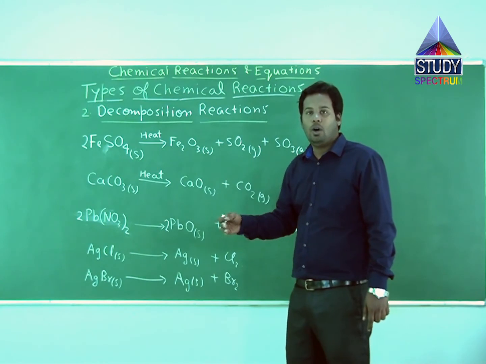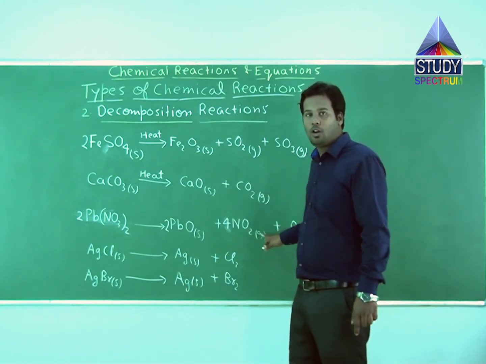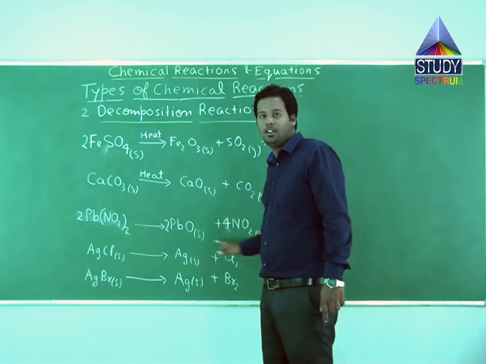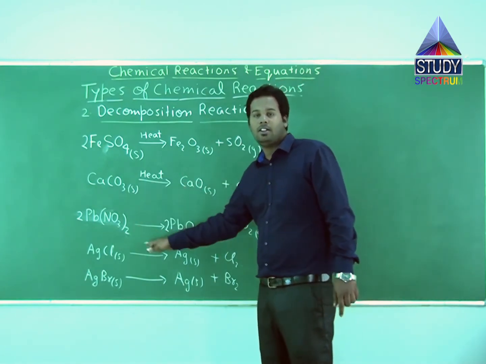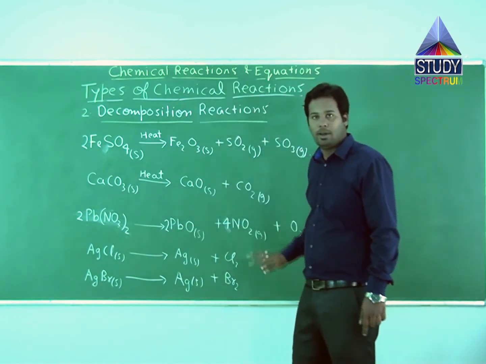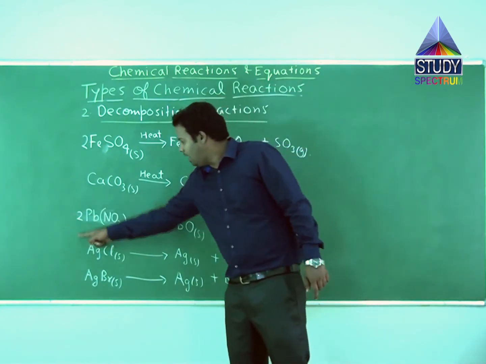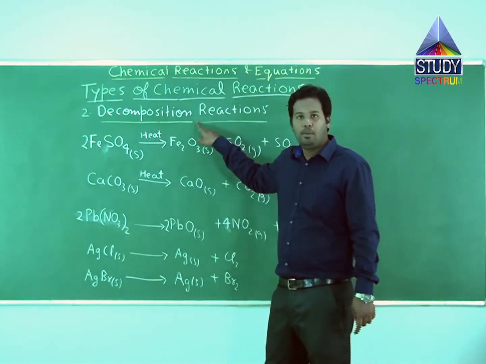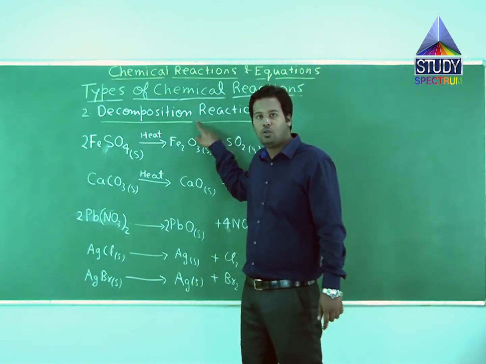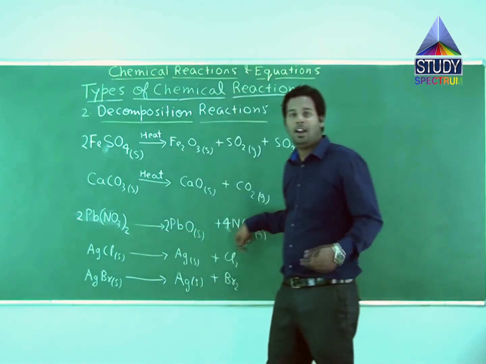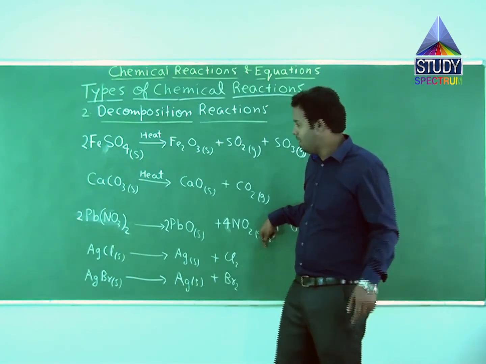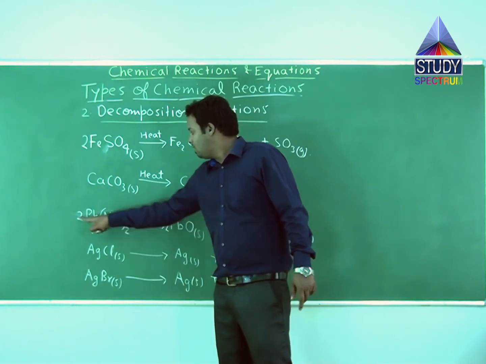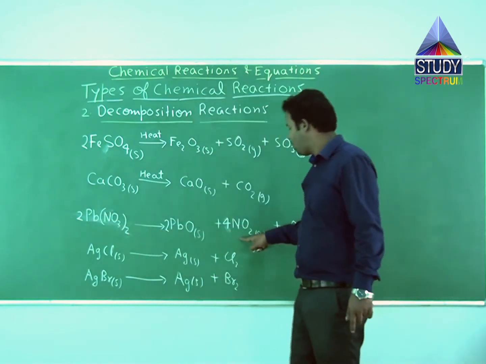Now we come again to the oxygen atom and see whether it is balanced now or not, or whether we again have to try another number in LHS and RHS in order to balance the three elements. If you see the LHS, there is only one reactant, since we are studying decomposition reaction, and in decomposition reaction you should have only one single reactant and n number of products, more than 2. We have the number of nitrogen atoms as 2 into 2, that is 4. We have 4 nitrogen here also.